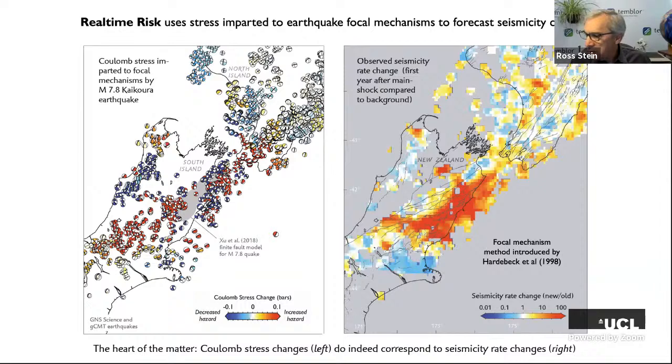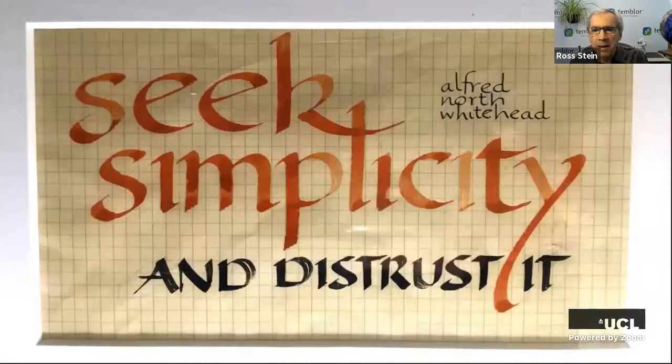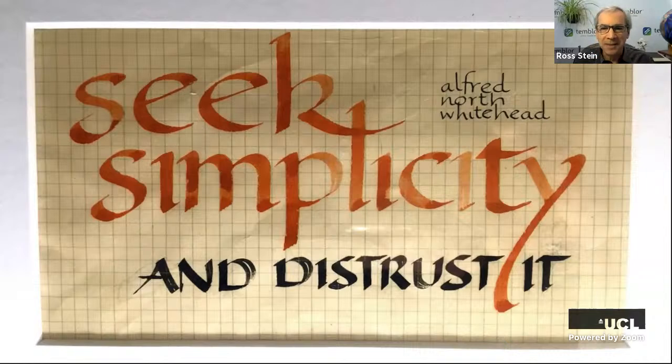Okay, so at this point, all of my arguments have been about static stress triggering. And that's how I believed the Earth worked, even though there was a lot of research on dynamic triggering, the stresses carried by the seismic waves, but they looked really inadequate to me. And then I got a piece of calligraphy from my mom. And this is what she sent me. And they seem like pretty good watchwords, especially when it comes from your mom. And what it really meant is I was about to be shown how wrong I was.